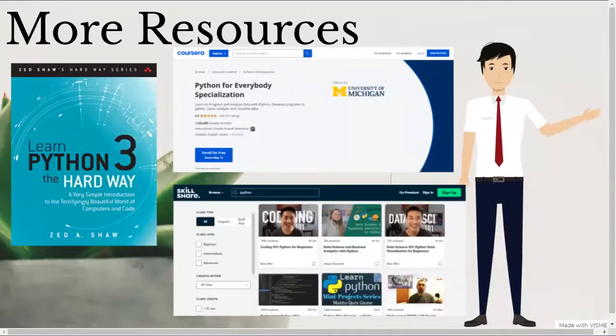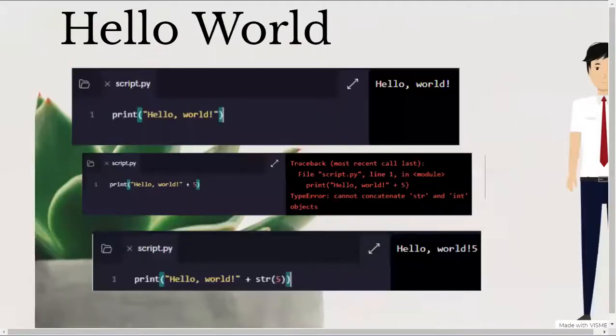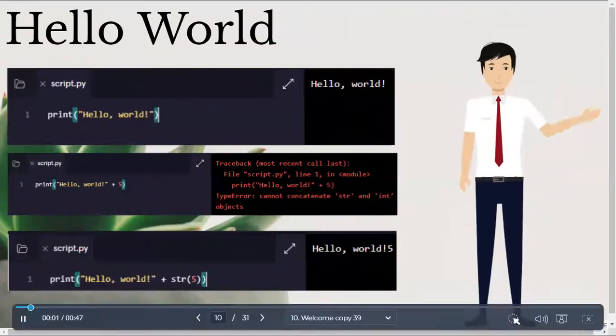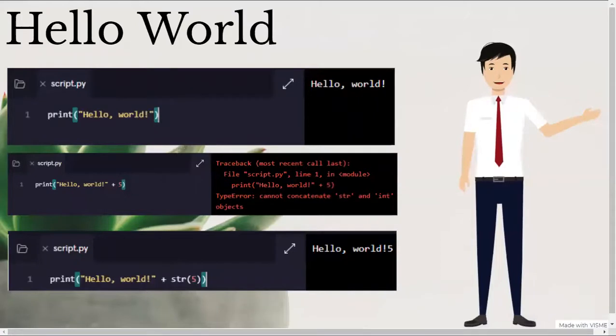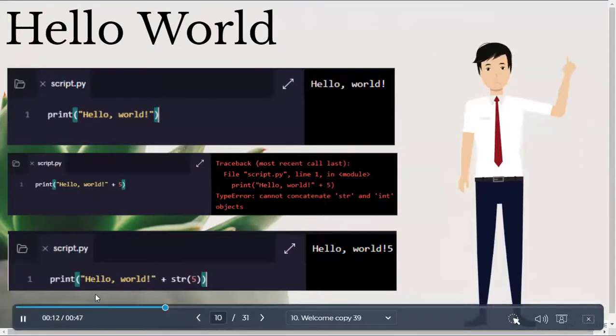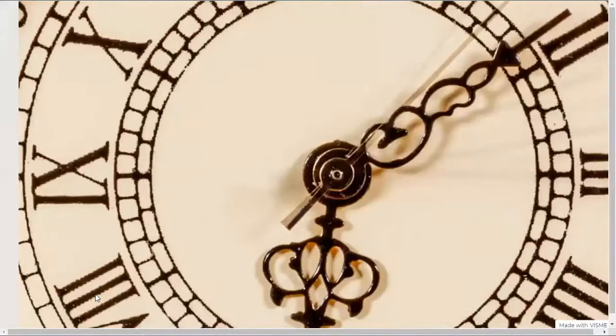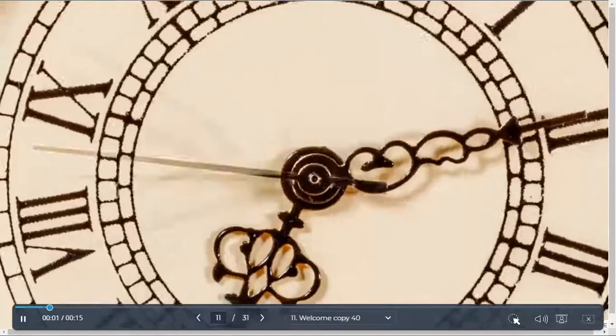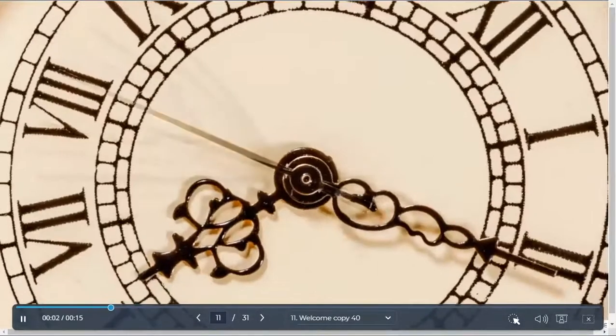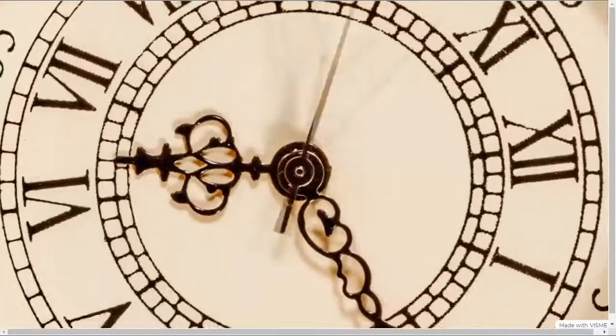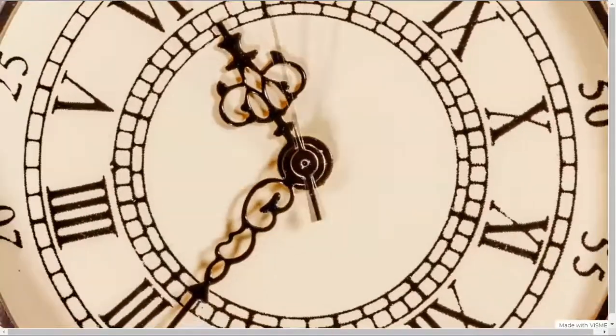A great way to learn programming is to play around with and experiment with simple lines of code, such as the hello world print statement, by adding an integer and seeing what happens. In that case, an error will occur since only strings can be printed, so you'll have to typecast or convert the integer to a string. Now, I would recommend dedicating a certain number of hours per day to learning programming. I would say it would take about a few weeks, assuming you devote about 3 to 4 hours per day